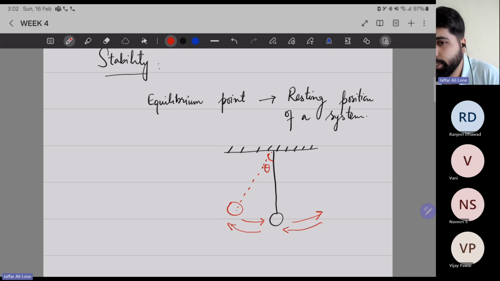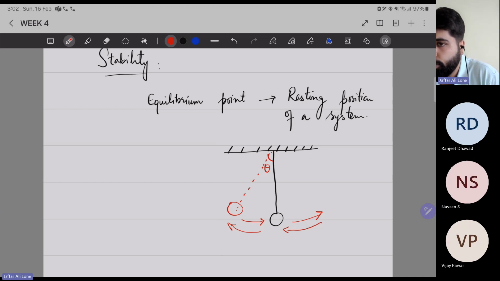So a stable system is a system to which, if we give an initial condition, or in other words, if we perturb that system from its equilibrium point, as time tends to infinity or as time goes on, that system will regain